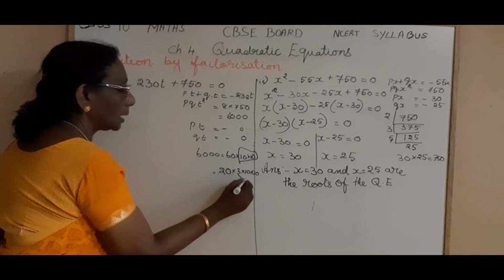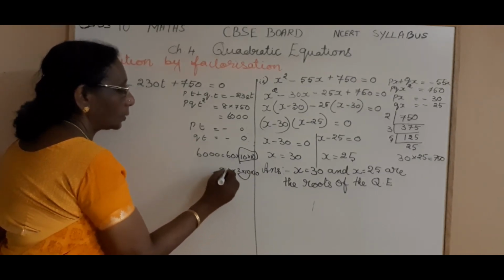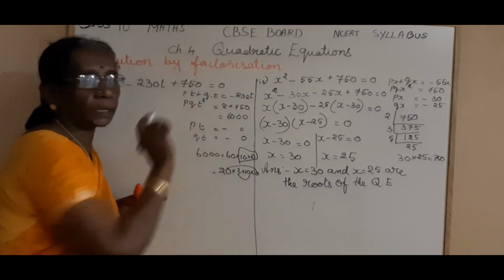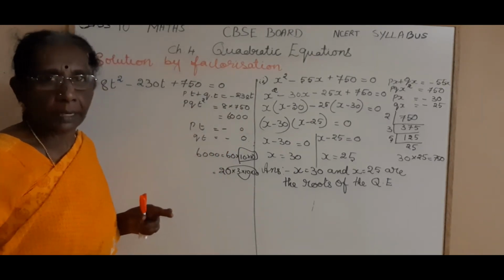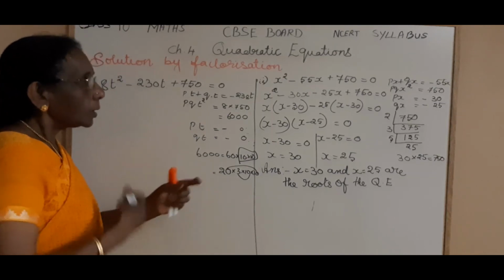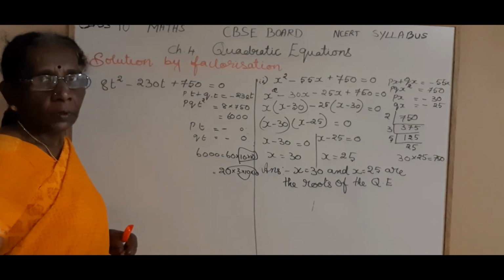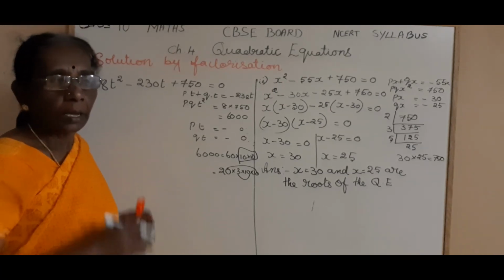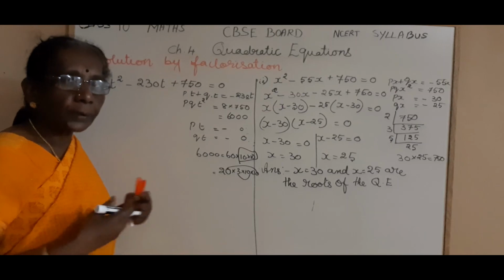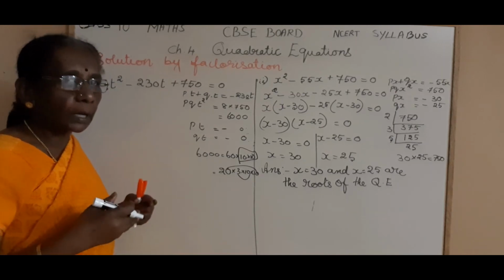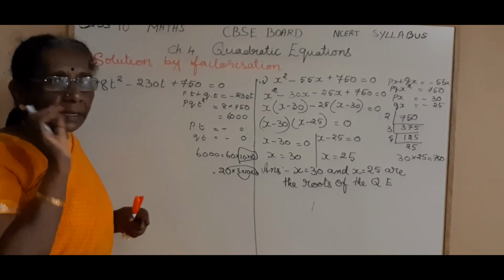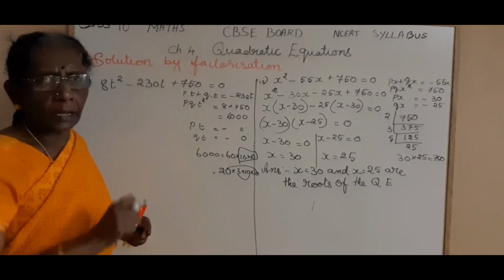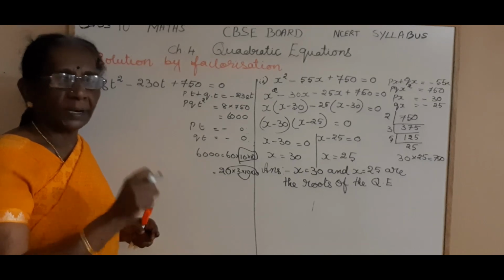So 3 into 10, 30. 20 into 10, 200. So 200 plus 30, 230 we are getting. Isn't it? So for big numbers, you can do like this. For this, you need more and more practice. Okay, you have to go on finding the factors like this. Then only your brain will be getting the sharpness to immediately catch the necessary appropriate split ups.